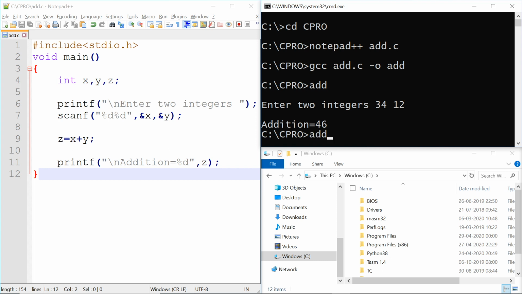If I call the execution file like add and then 34 12, if I provide such two numbers in the command line itself, these arguments are called command line arguments. The question here is, where would these arguments be collected in our program? The answer lies in this statement.